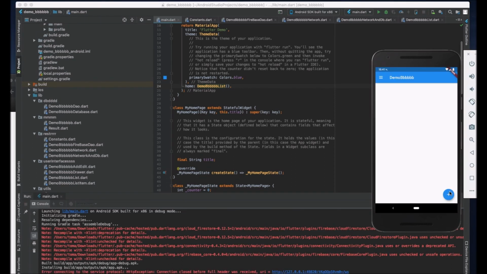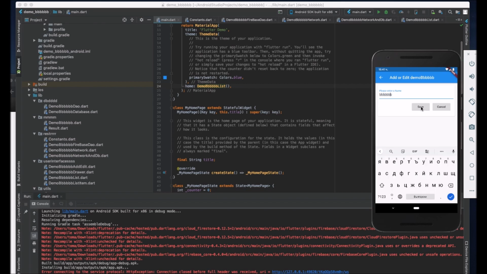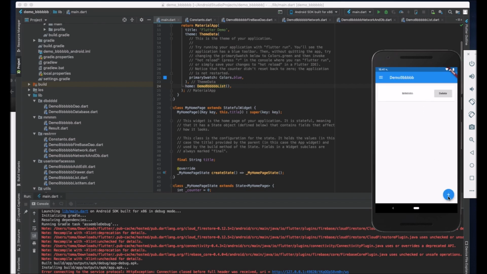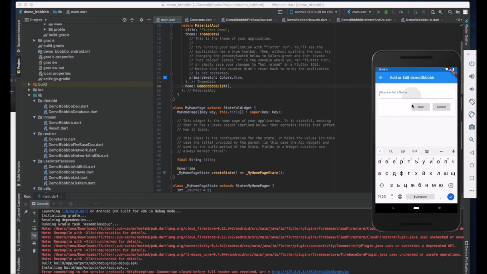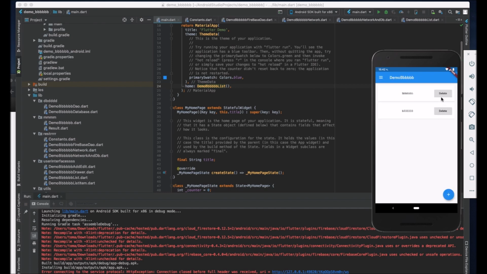And it is a new application that stores stuff offline. I'll create 2 records. I'll delete one of them,